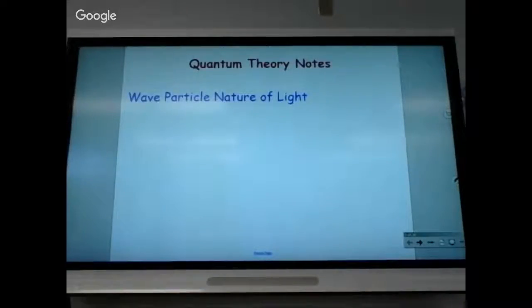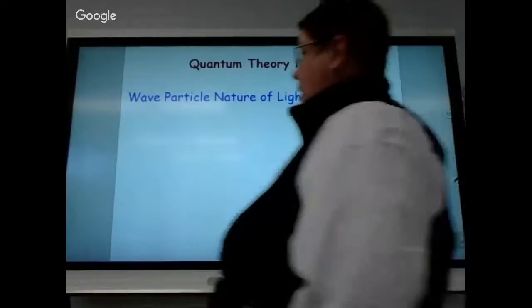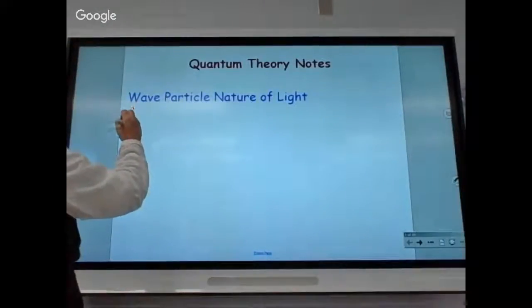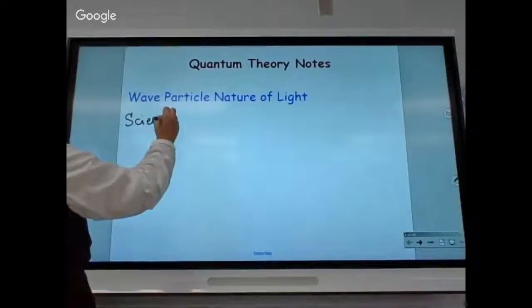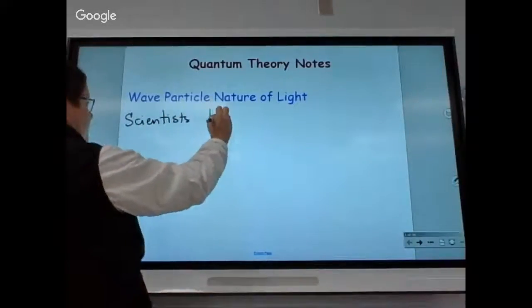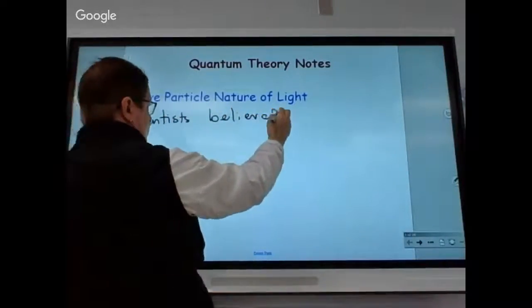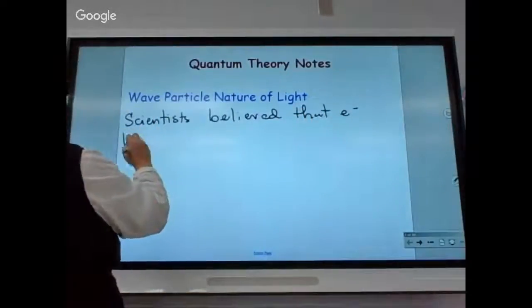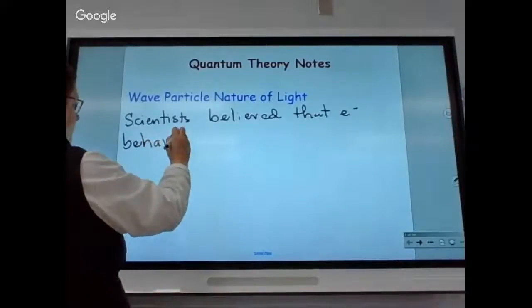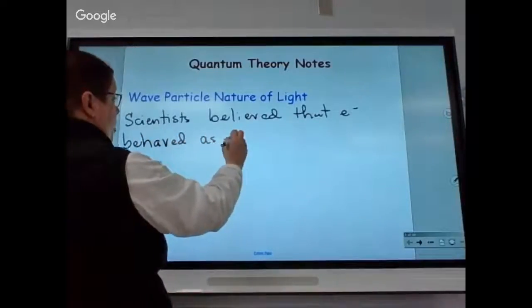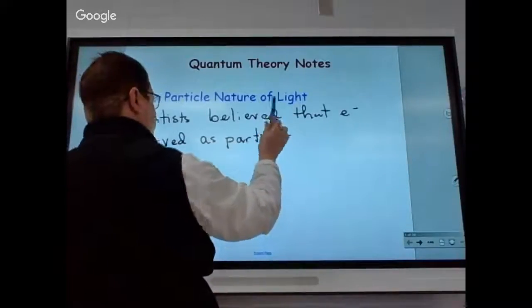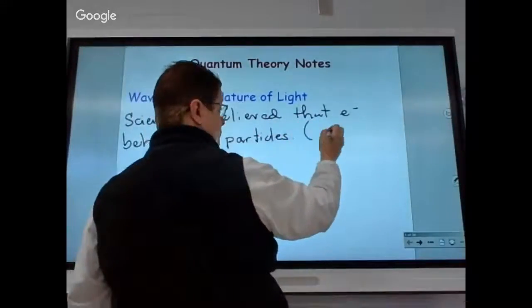So, what is the wave particle nature of light? It's a theory, okay? Once upon a time, it sounds a little bit like a fairy tale. Scientists believed that electrons behaved as particles. Okay? Meaning